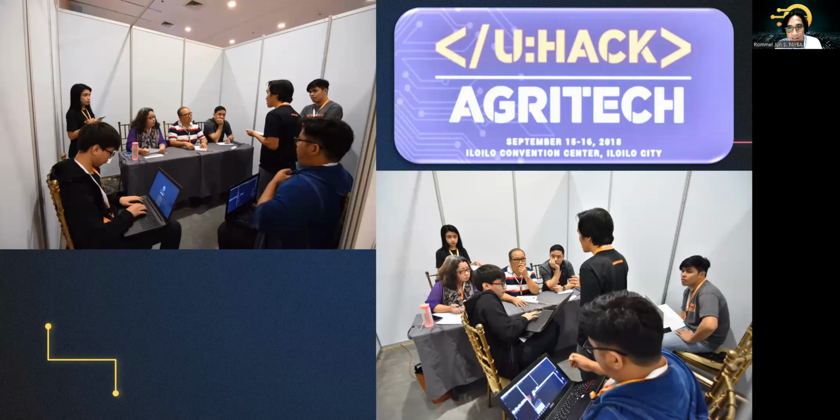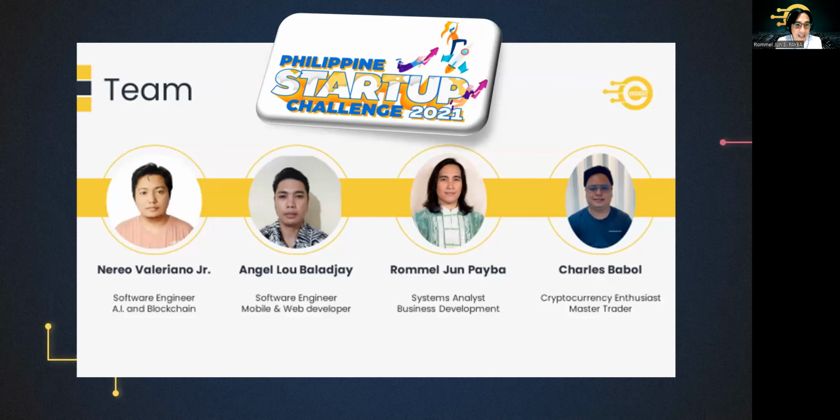Our concept was a blockchain for cooperatives. We wanted to help improve the financial situations of those unreached by traditional banking institutions. Well, it's just too bad now we didn't win, but it paved the way for other collaborations and other opportunities as well. The idea was picked up by Ralph, and he used it for their thesis that year. Rutherford joined NASA's hackathon, which they won. Congratulations. And then last year, Nerio and I joined the Philippine Startup Challenge, and we made it to the nationals.